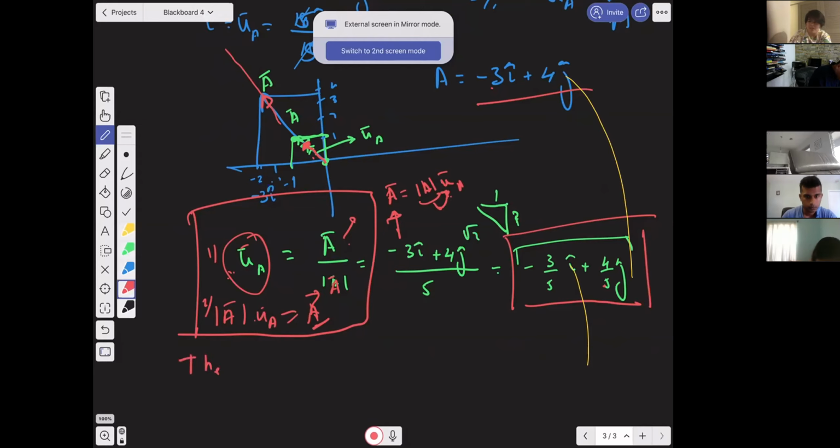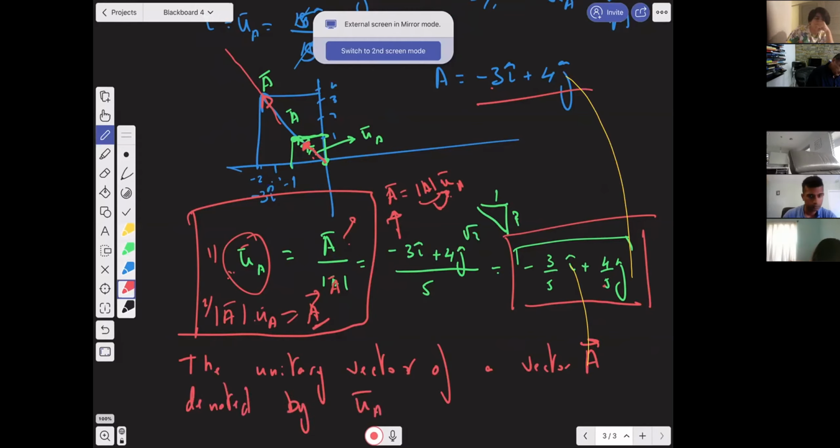I will write the unitary vector of a vector A, denoted by U sub A. It is the vector